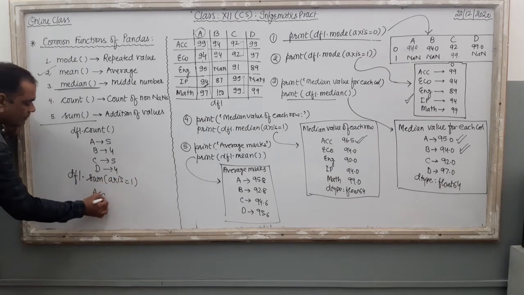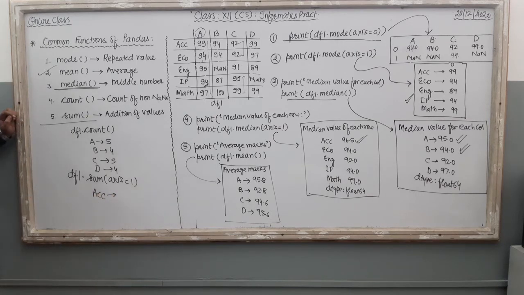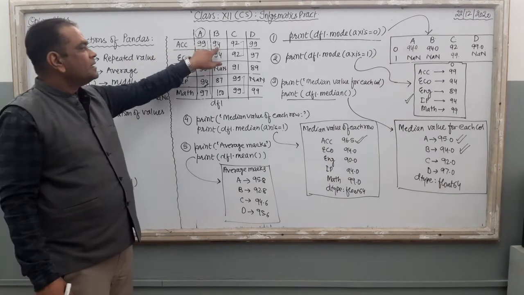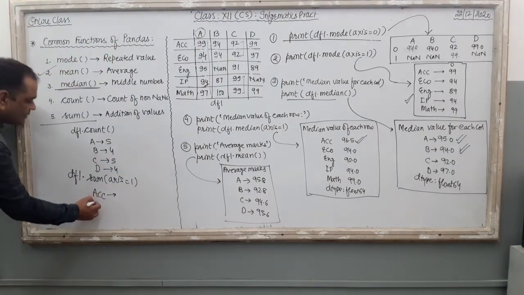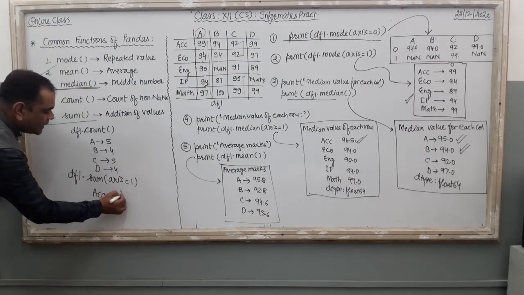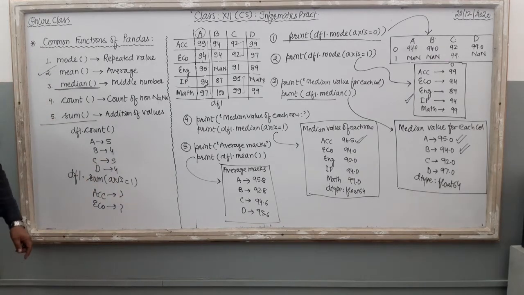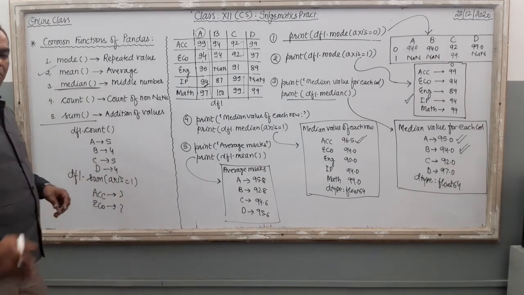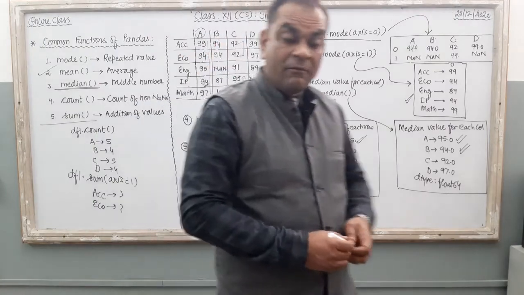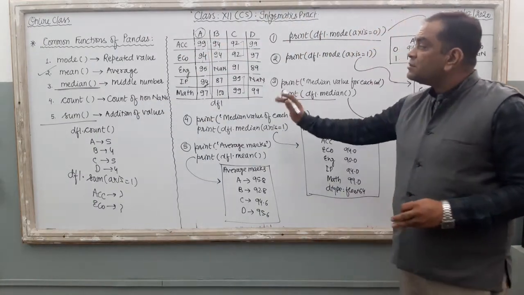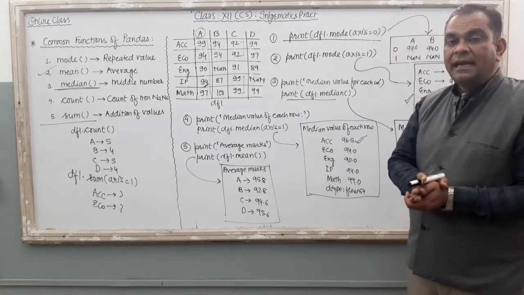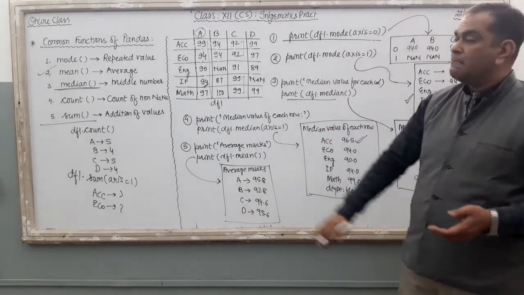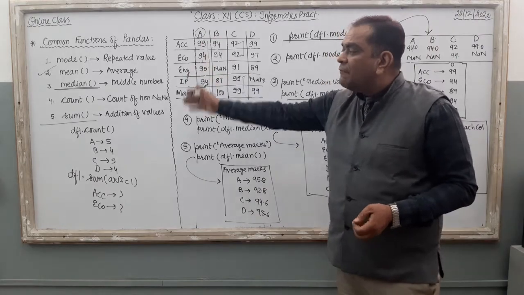So what will this do now? The sum of account will come here. Sum means this plus this plus this plus this. Clear? This is sum only. Then in the second line, the sum of echo will be there. Here it is the digit. Clear? So this is the sum function. You can use this sum function on the data frame. Yes, but the very first thing, just check that your data frame is available with the values in it. Right? On the valued data frame, you can apply these 5 different functions.